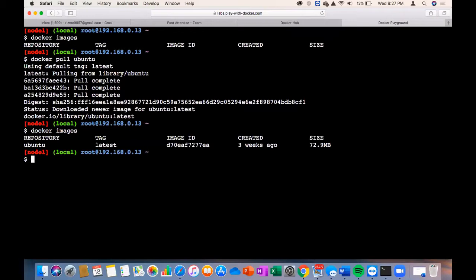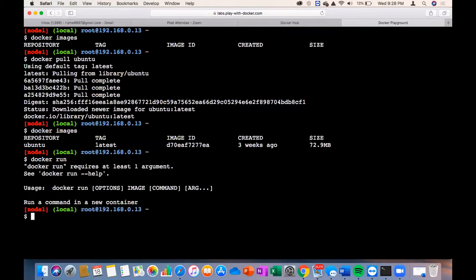We are going to use the command docker run. So say docker space run space -it, which means interactive, space --name, because every VM must have a name, right?